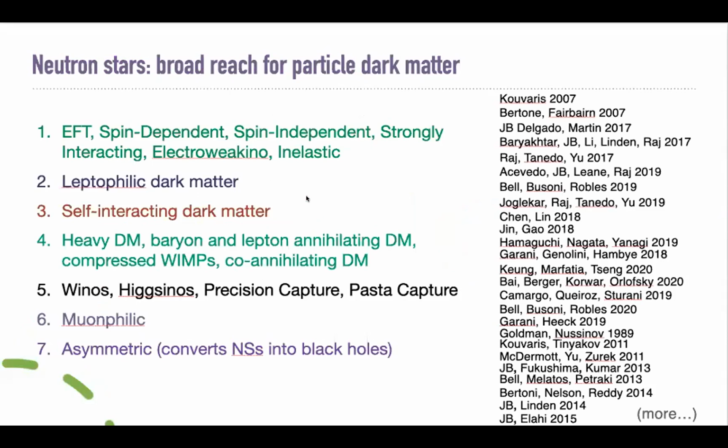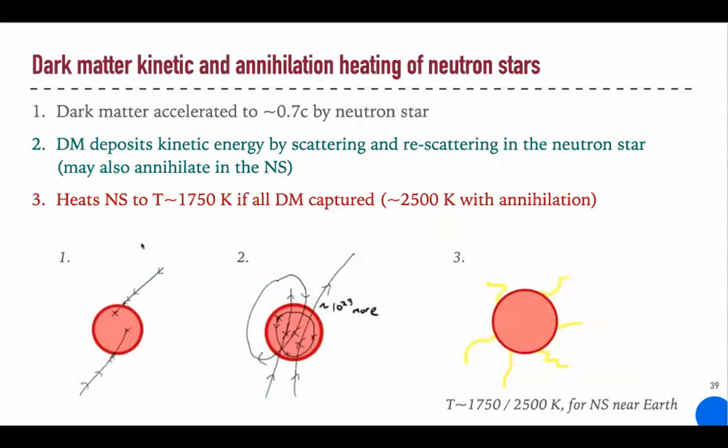You can search for all sorts of different kinds of dark matter. I'll try to give you a sense of why that's the case when it comes to neutron stars now by focusing in on Higgsinos. But for the moment, let me tell you about our twist on this, which was dark matter kinetic and annihilation heating of neutron stars. So if you just think about the energy dark matter has as it falls into the neutron star, it turns out that's enough to make some money with. Because if you just converted that energy into neutron star heating, you would heat up neutron stars to